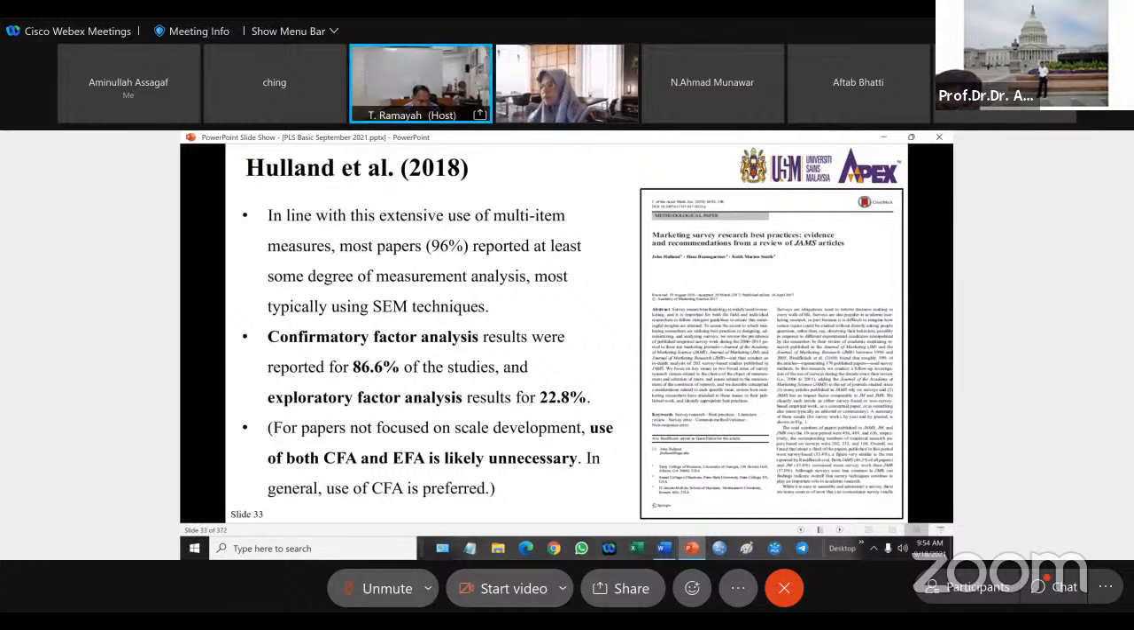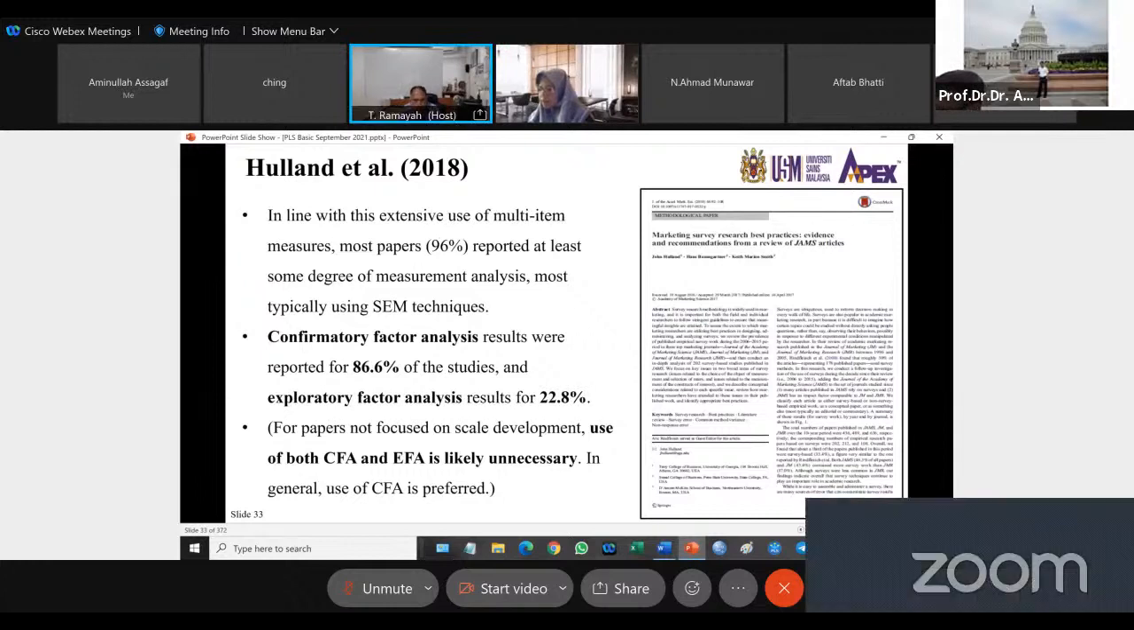And here is the guideline from this paper by Hulland et al. in 2018. It says this: for papers not focused on scale development, use of both CFA and EFA is likely unnecessary. In general, use of CFA is preferred. So if you look now at most papers that you refer to, nobody does EFA anymore. Nobody does EFA anymore. What I see is only at the doctoral level study. This is because many of the supervisors are the older generation who were trained with EFA, so they get very upset if you don't do EFA. But that's actually